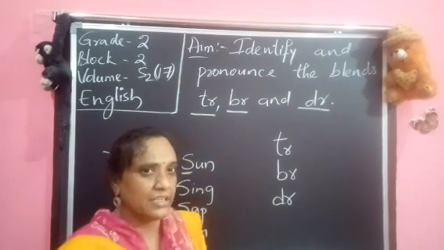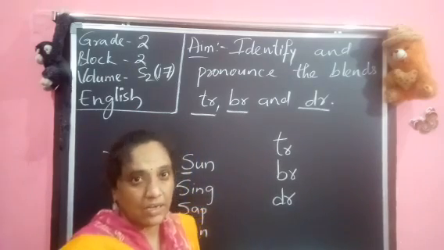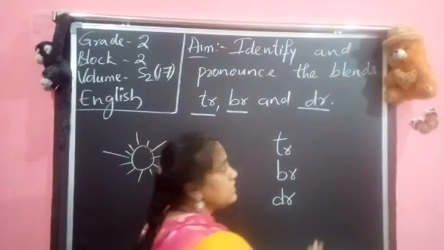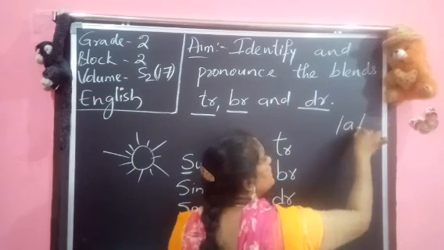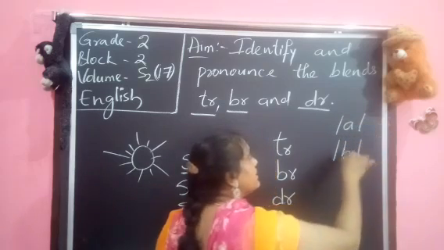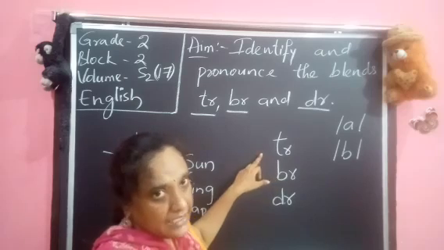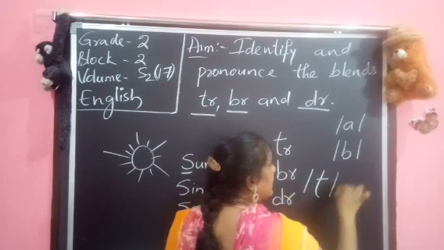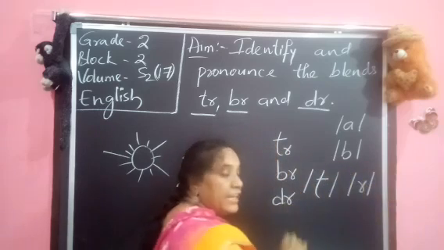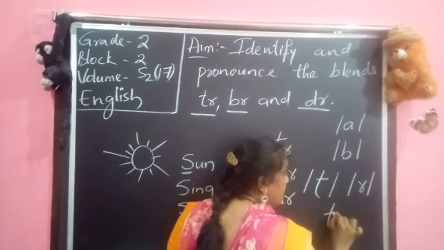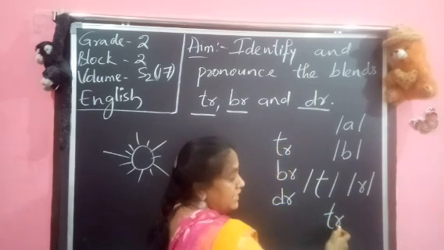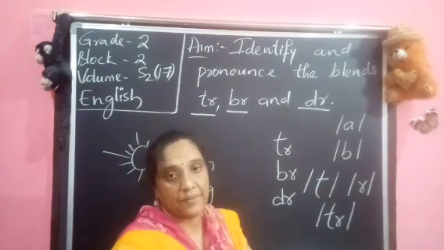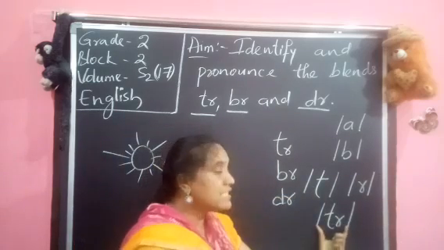Normally, if we see a letter, previously you learned the pronunciations of A, B, C. A is pronounced as A, B is pronounced as Ba. In the same way, T is pronounced as Ta, R is pronounced as Ra. But when we take both, means we are blending two alphabets here, and we are saying tra. If we take anything, tra, it starts with tra.